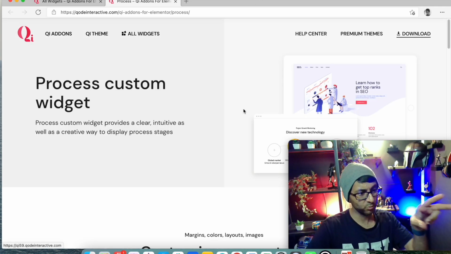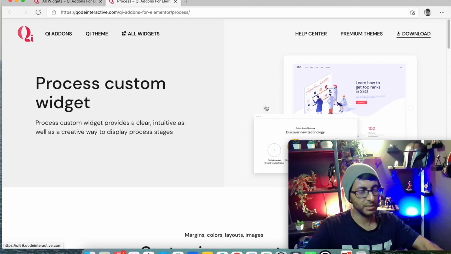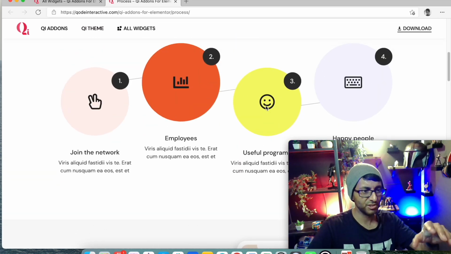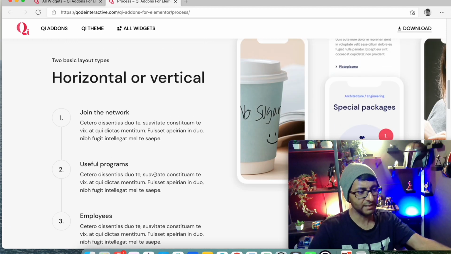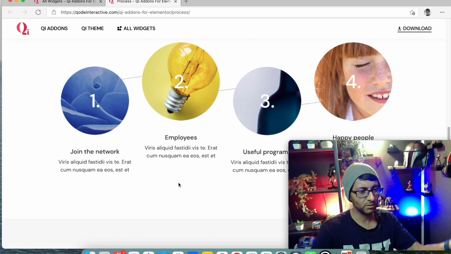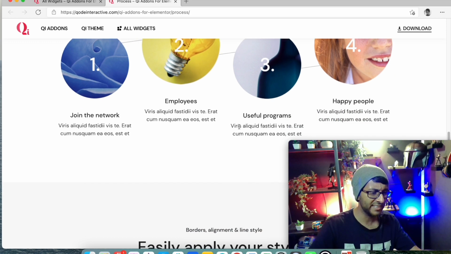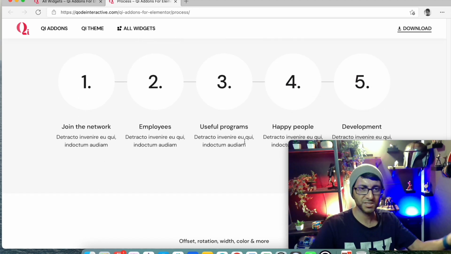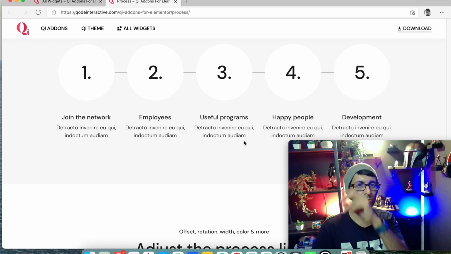Now, the process widget. Okay, just take a deep breath. Again, this is really, really cool. Look at this. Did you see that as it drew itself? Let me get to the next one quickly before it does it. Look, that just started to lay out items. Let me get to this one here. Look. It connects them with a line. It doesn't do anything much more than that. Yeah, I get that. But look, just look at that. It drew the circles with text underneath. So it's a lovely little gradual